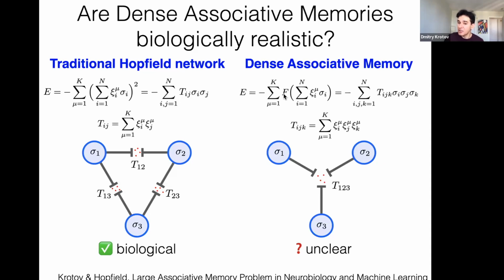So if the function f is cubic, hopefully you can see that if I compute the sum over this index mu, and I introduce this tensor T now with three indices, T_ijk, which is defined this way, I can clearly write my energy in this form. So essentially my energy would be a product of sigma_i, sigma_j, and sigma_k, and that product would be contracted with the tensor with three indices T_ijk, right?